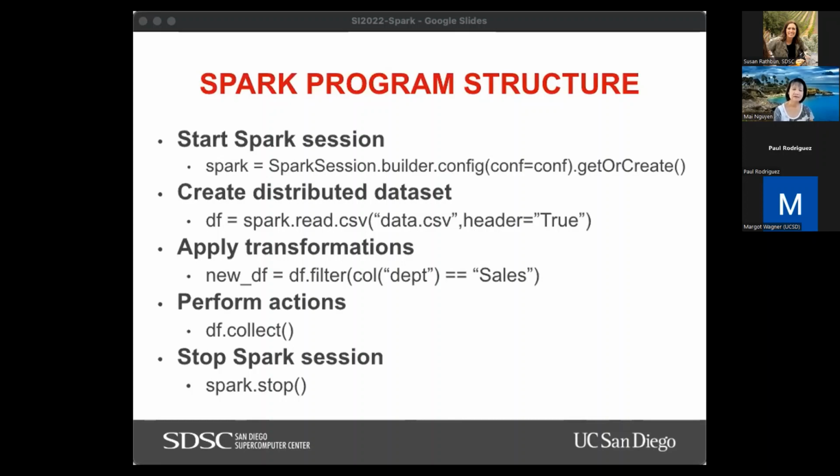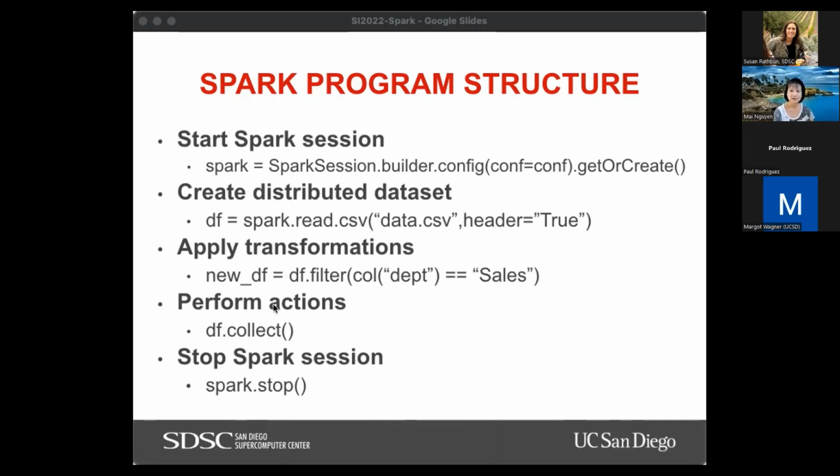So this is the general structure of a Spark program. Again, the first thing that you need to do is create a Spark session. You define a Spark conf object, and you pass it through the Spark session object. Then you create your data frame by either reading in from local storage or external storage, or creating your own data frame.